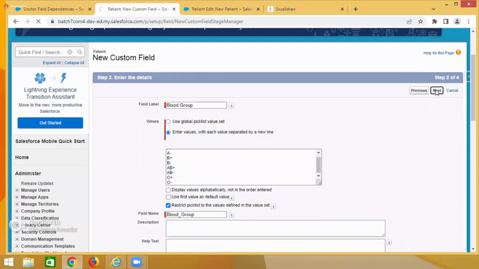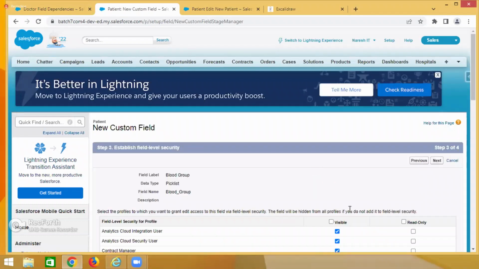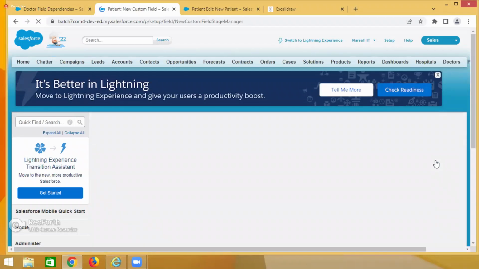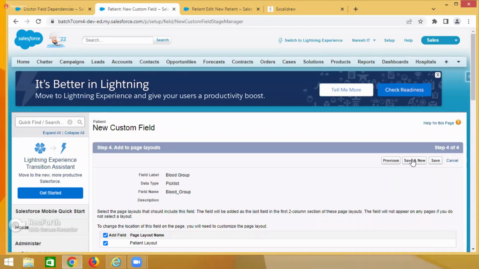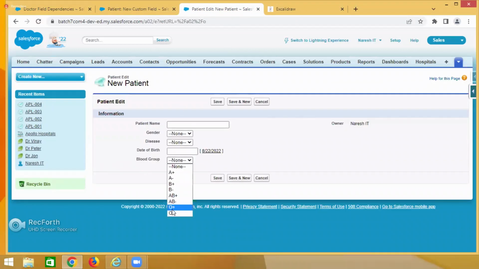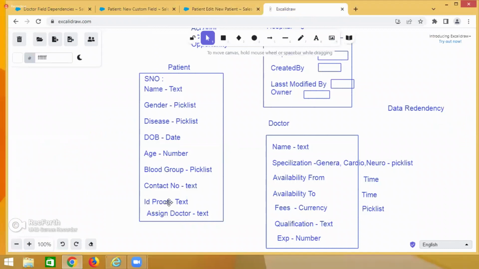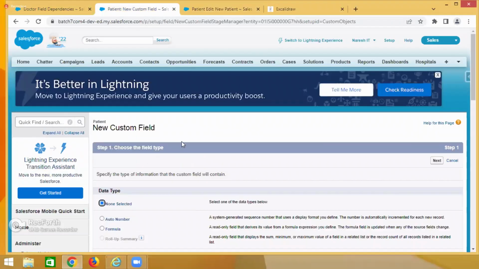Okay. Next. Spelling correct, right? Blood group. Visible to all. Next. Now see guys, blood group. Okay. All are coming. Now what about the other,